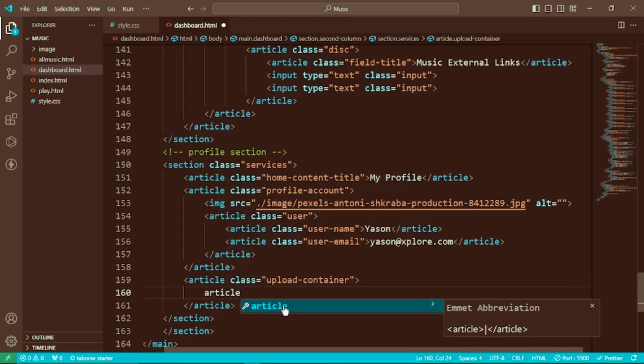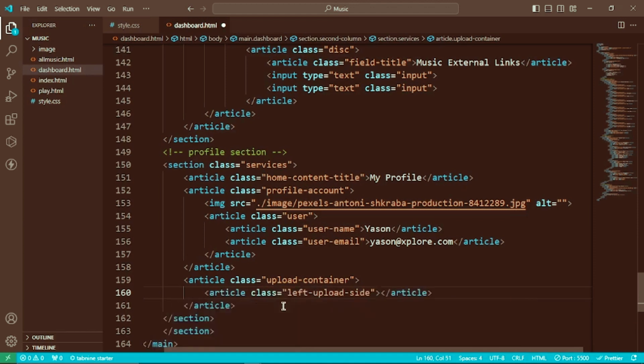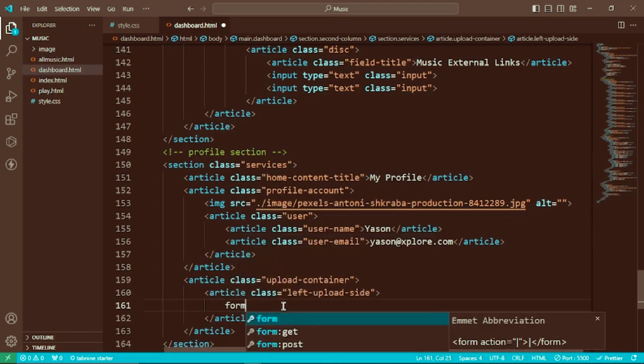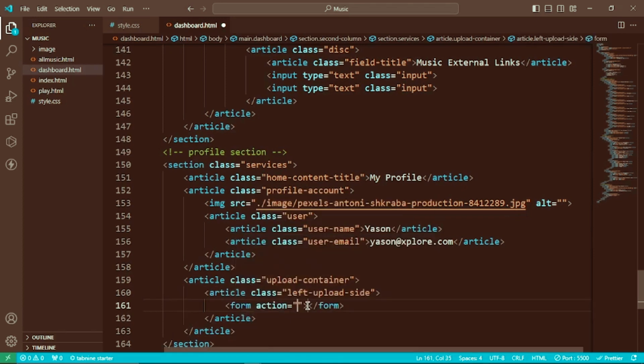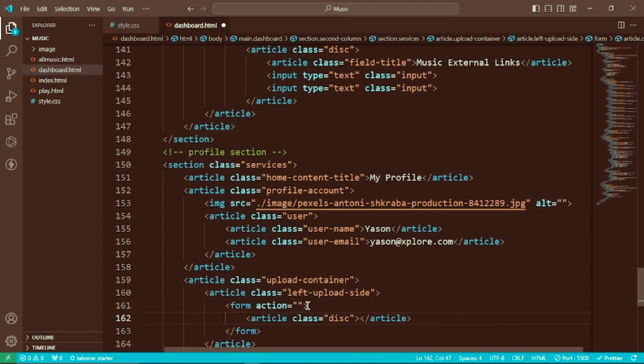I'm going to take the container that contains our left input, because we are going to have left and right. So I'm going to say left upload side, like this. Perfect. So in our left upload side, I'm going to say form, and inside our form is where our input is going to go. I'm going to say article first, and then I'm going to give it a class,